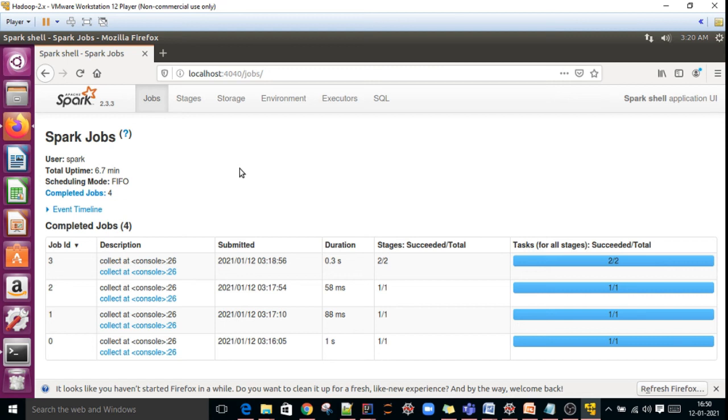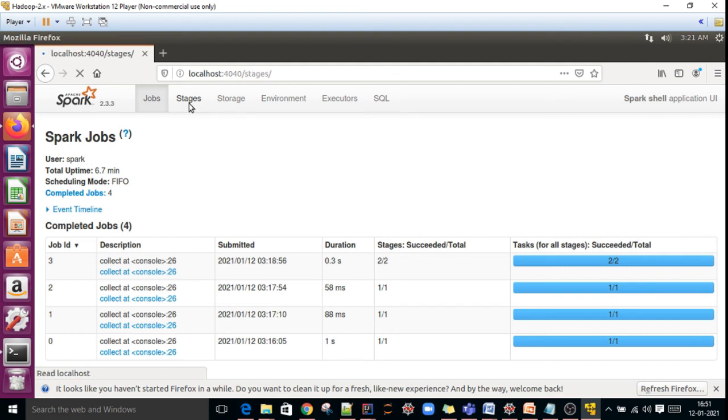That is the default port number where you can see the Spark UI. For our program, you can see how many stages and how many tasks executed. These are the tabs. Jobs: what are all the jobs, and how many? Our program has completed with four jobs.